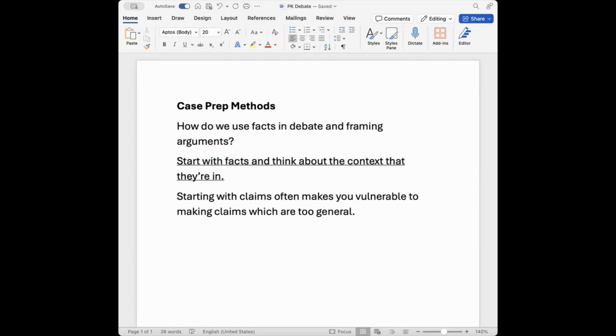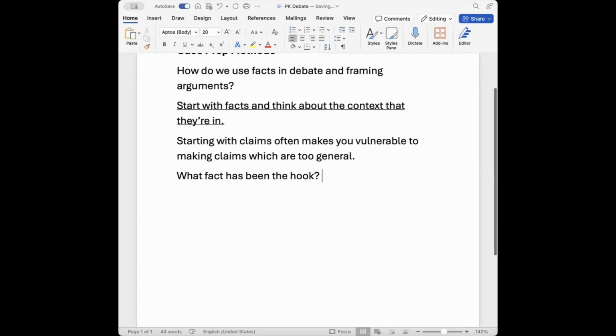So in a debate about social welfare, let's say in the EU or something, my debate partner and I would ask, what's happened recently that has made this debate come up? And even if you can't think of something that's happened recently, to the extent that the CAs are like, we should make this a motion, you ask, what are just general facts about this that have happened? So starting with facts